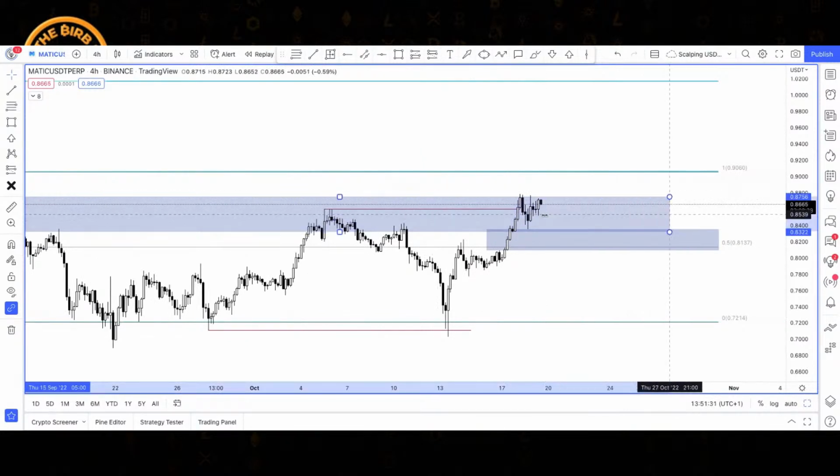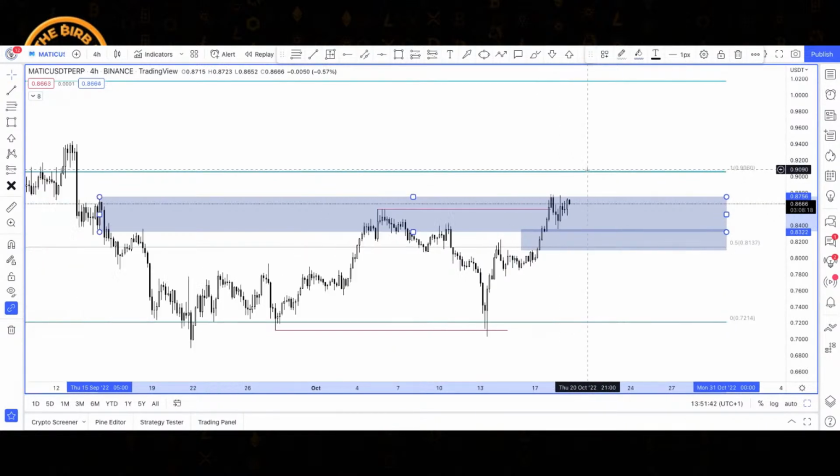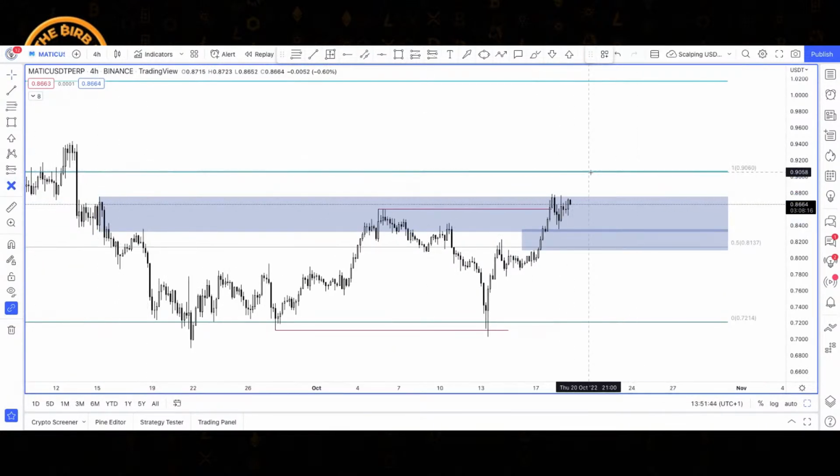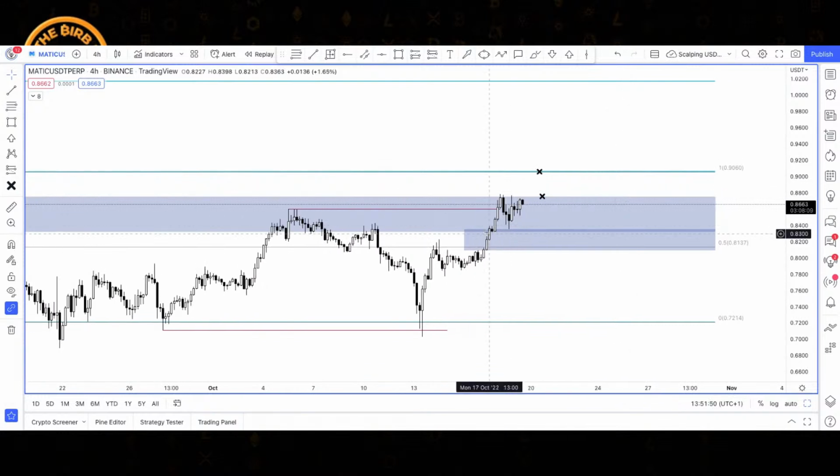We're now back here, right? I would need to see closes above here, yeah, and a 4-hour close really to think that price could be coming up, and then it's running straight into this weekly level, all right? So for me at the moment, these provide potentially good shorting opportunities, right? So once again, if we start seeing our breakdown here,